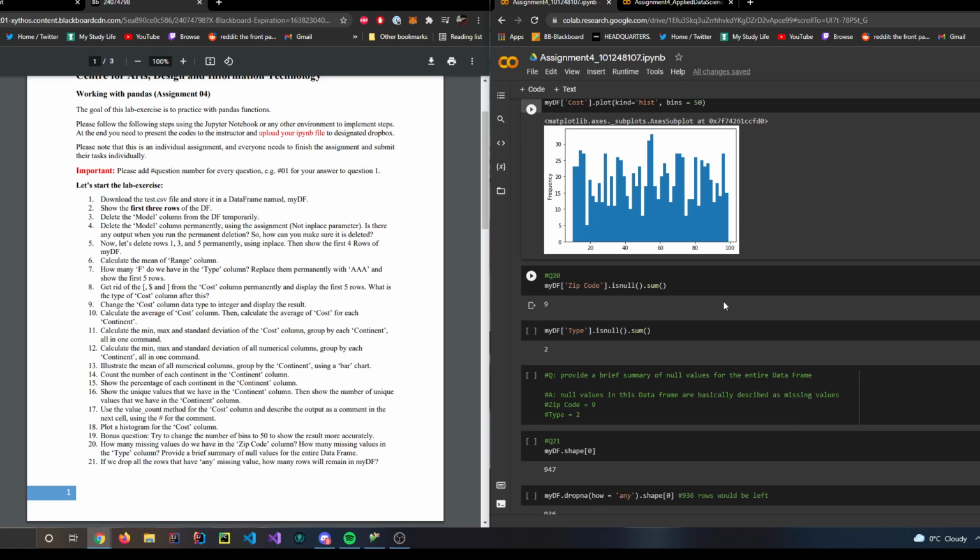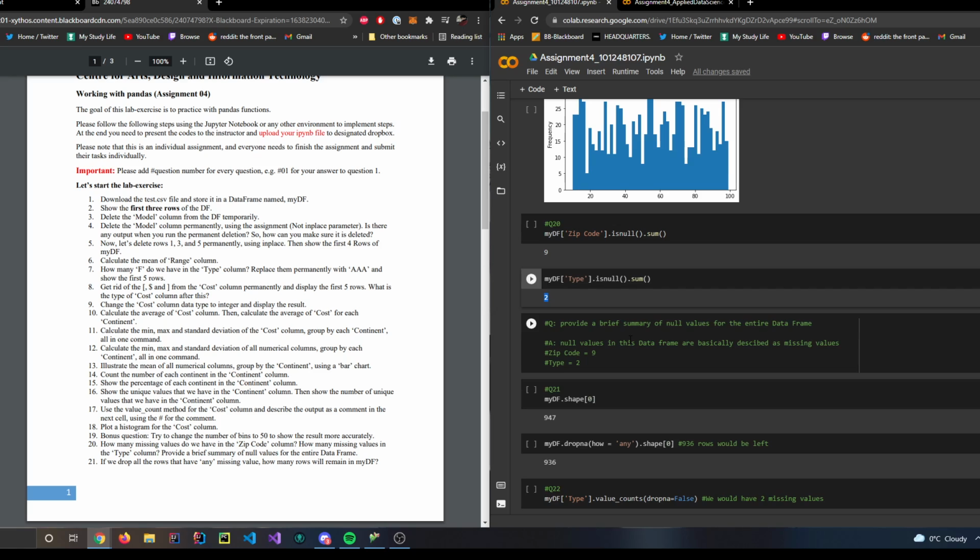Is null is basically calling a method to show all that's null, but since we did dot sum in the end, it sums it all up. And as you can see, in zip code we have 9 nulls. Type, we have 2. Same thing. Brief summary of null values: null values in data frames are basically described as missing values, so there is no value within the